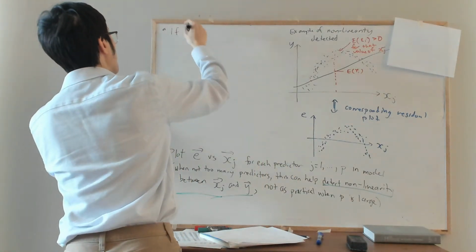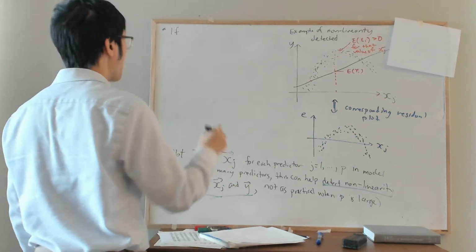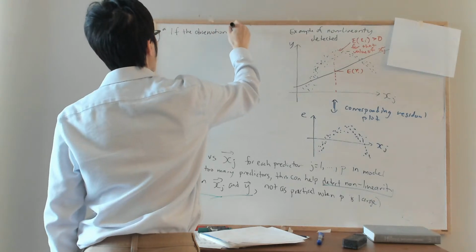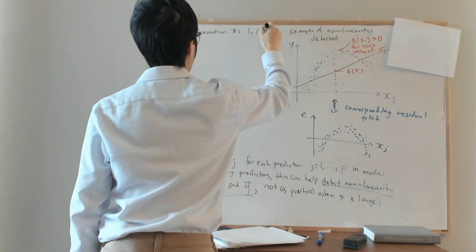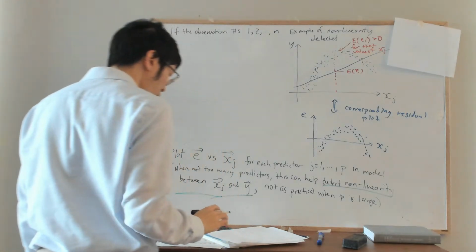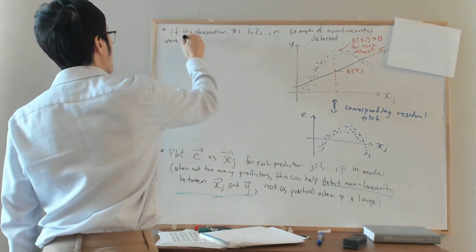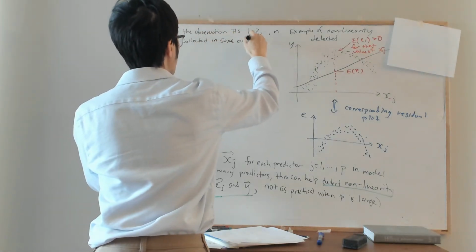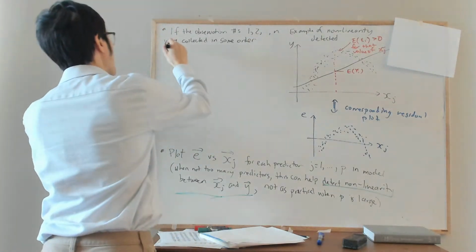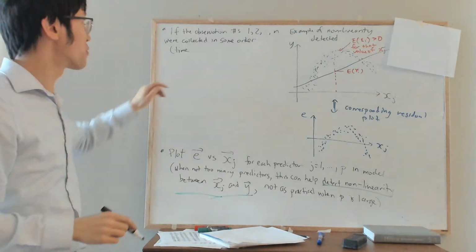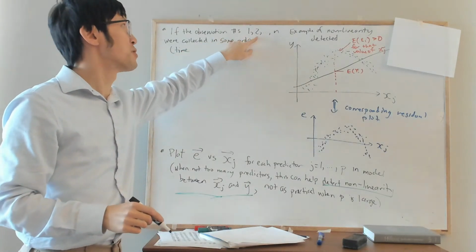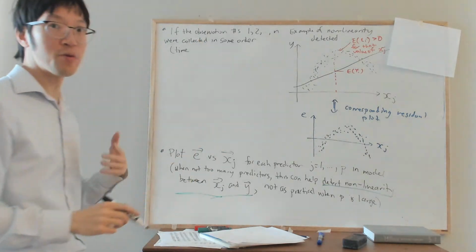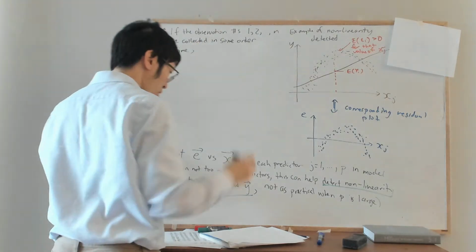If the observation numbers in the data set, in other words 1, 2, up to n, were collected in some order, for example over time, so observation 1 was collected first, then 2, and so on up to n, in terms of time order or space order,